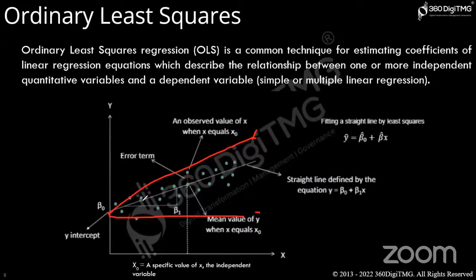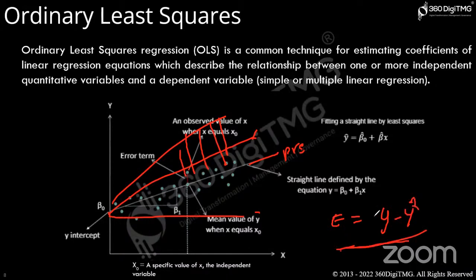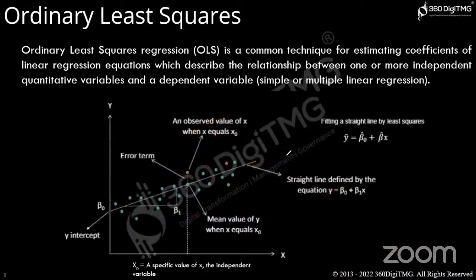Here you can draw something like that. Maybe you are drawing something like that. And then what we are doing is checking the error. This is the predicted line and this is the actual value. Whatever the distance is, that is what we call error, right? You can simply represent that error is equal to Y minus Y predicted. So it is the actual value and it is a predicted value. Whatever the difference we get, that is what we call error.